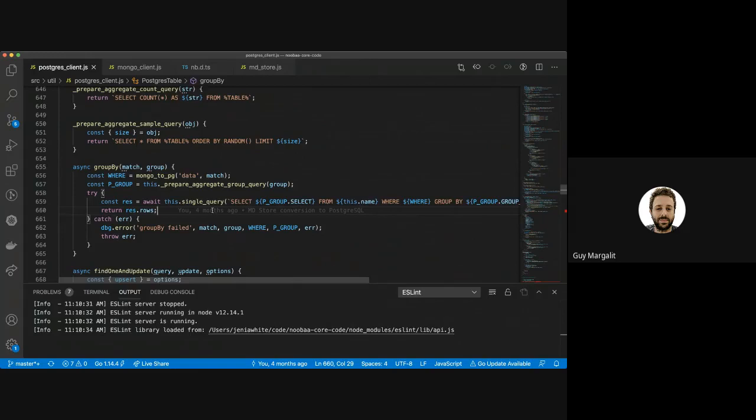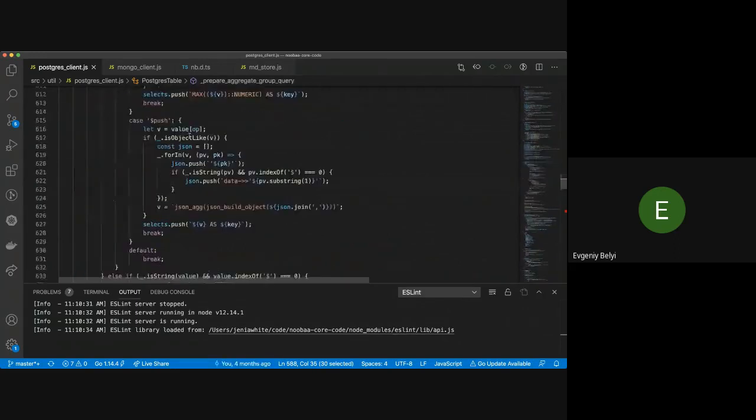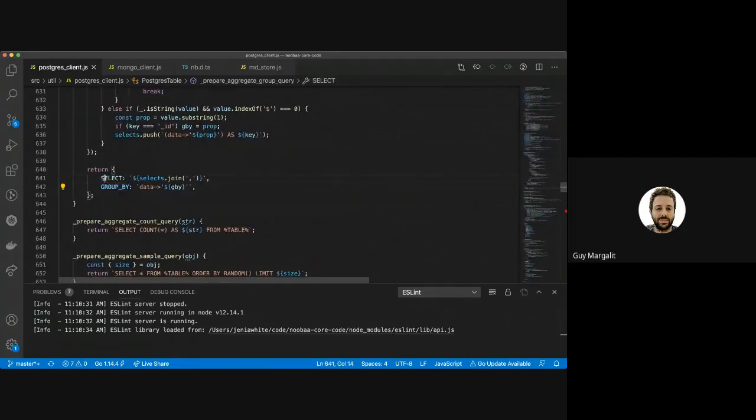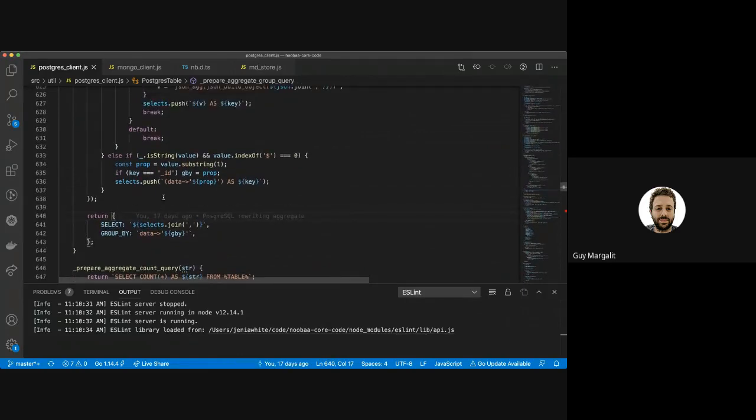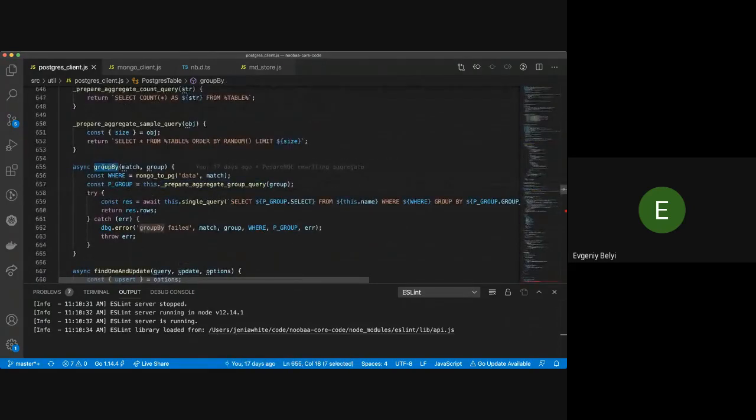Is the P group actually constant? No, it is something that we receive from this function. This is the function that when we call it, do we have any? So what I'm thinking is this: are we changing the information that we select or the groups that we're using? Yeah, obviously. If you are sending here, for example, on the group by, you are sending the group object. So each group object will have different